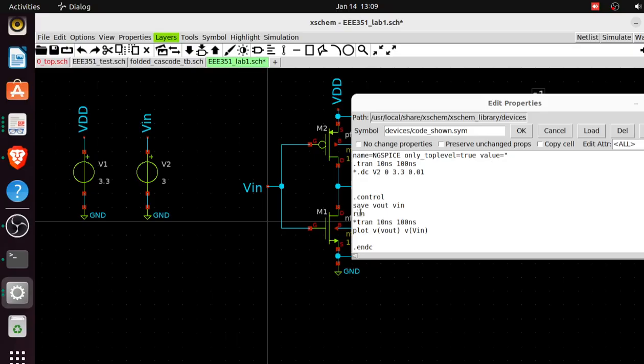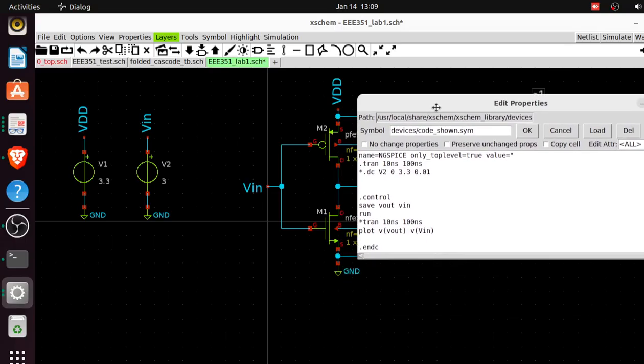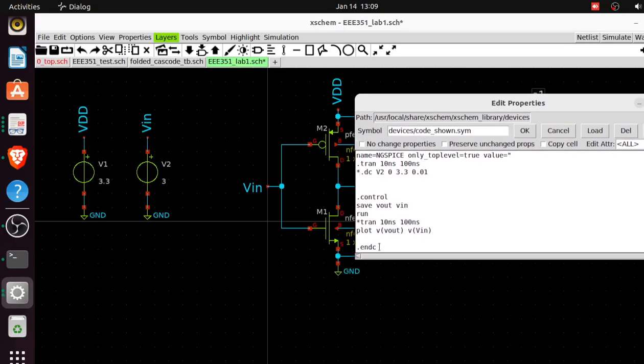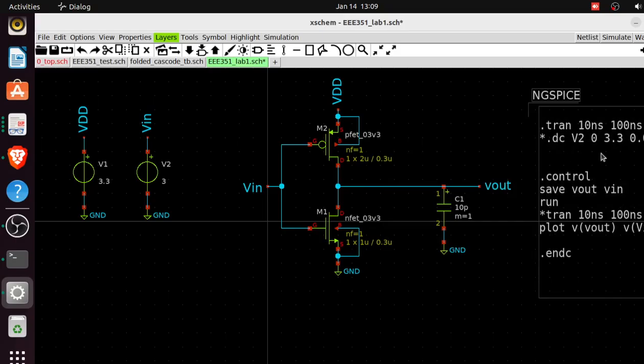So .control. I just wanted to save all this, I would explain later, step by step. Let's just have this first. Okay, so you can see the code here. If I want to carry out transient analysis, most likely you want to give the